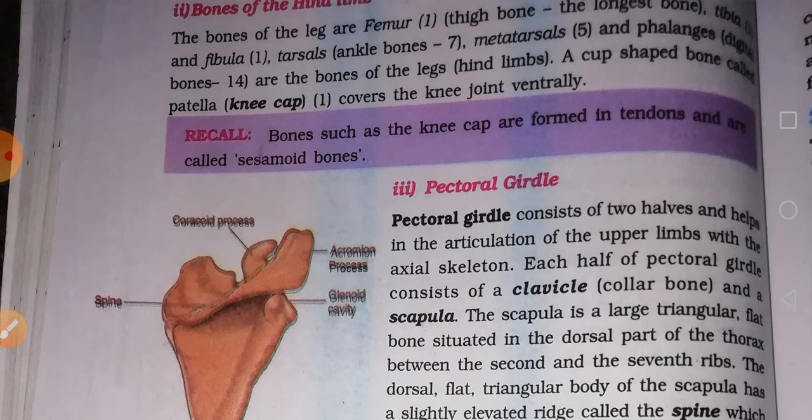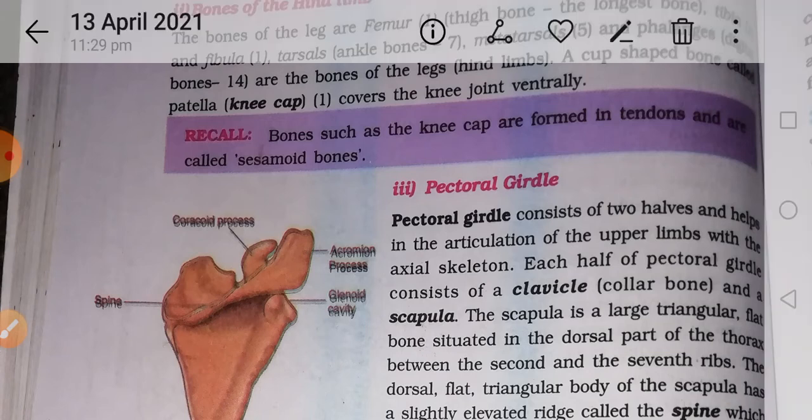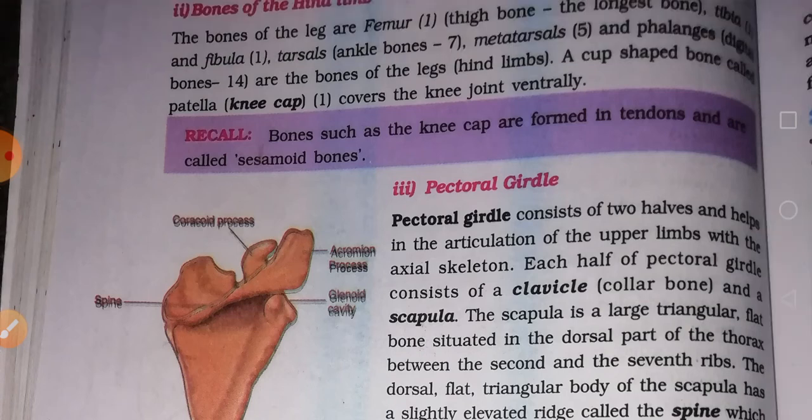So what are the parts that will be there? First one is the leg. If you see the bones of the leg, first is the femur. In one leg, only one bone will be there, that is the thigh bone. This is called the femur, and it is the longest bone also. Next, two continuous bones will be there, that is the tibia and fibula.